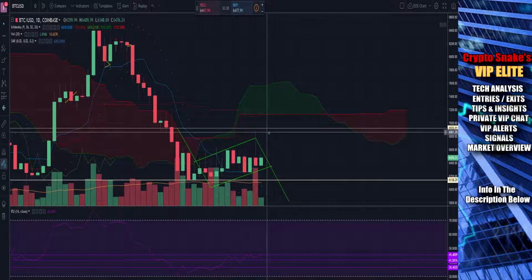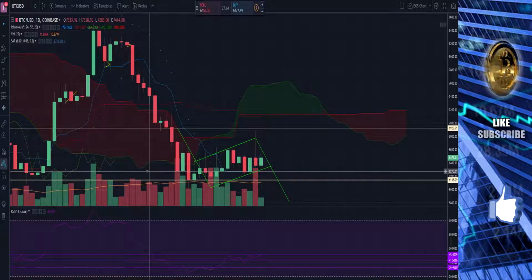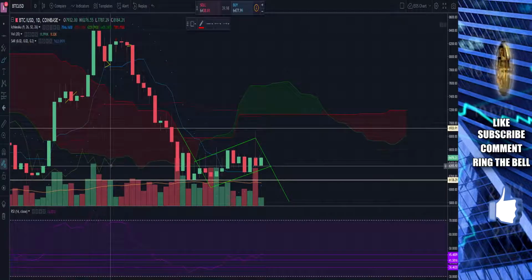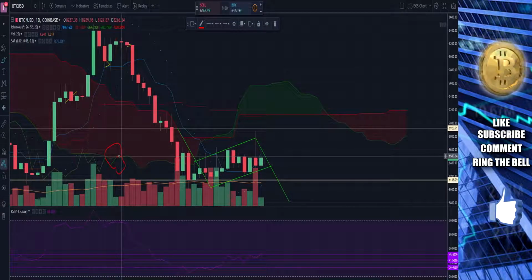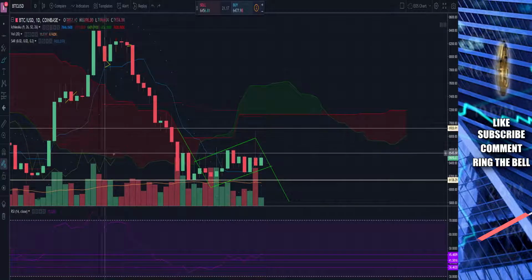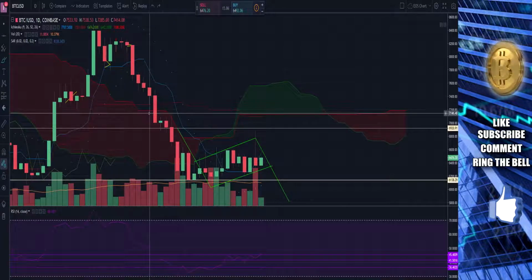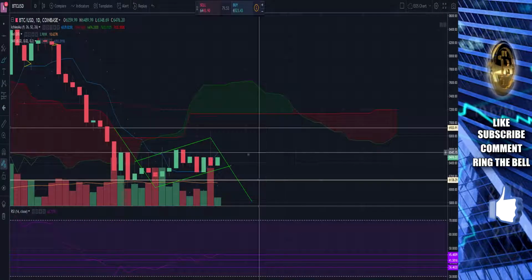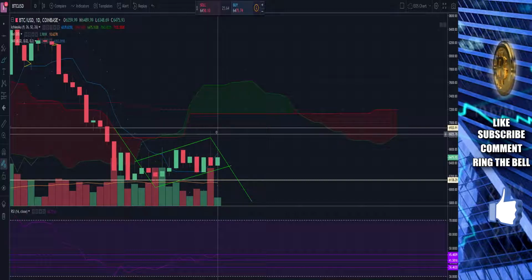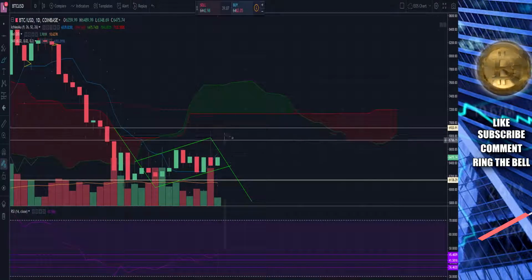Now in order to actually break up into a nice bullish pattern here to start moving up, we do actually have to break through into this cloud here on the Chikou span right here. We'd have to actually break through this resistance here and start moving up through the cloud. Now this cloud also offers a lot of resistance all the way up, and this is going to be very heavy resistance up here. So I don't see that being likely, but assuming that this manipulation candle caused a little bit of market FOMO, that could happen,